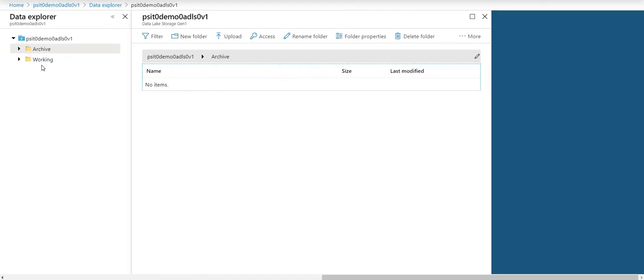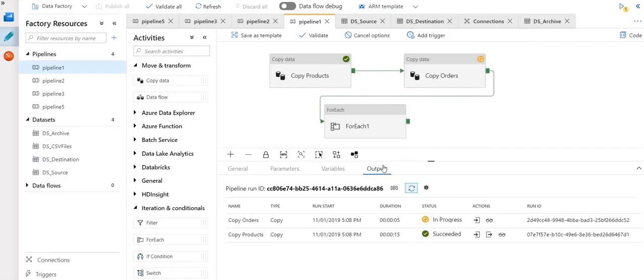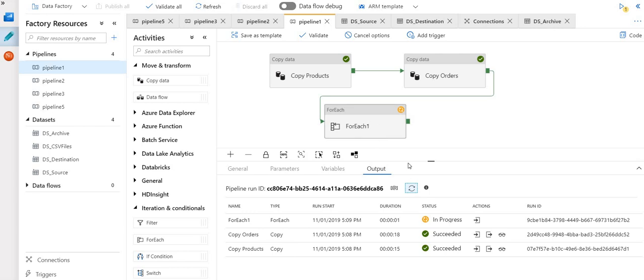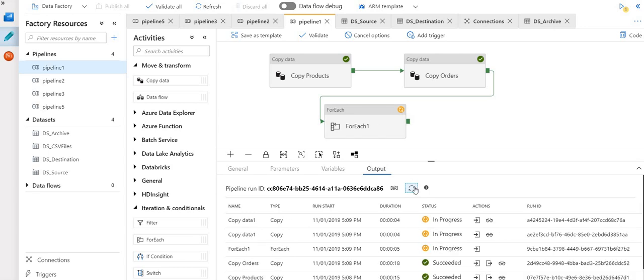While it's being copied, let's go back to the archive folder and check. In the archive folder, there are no files here just yet. And we come back to the pipeline and check the progress. See, the products are being copied to the working folder, and now it's copying the orders, and it's done. Now it's running the for each loop,